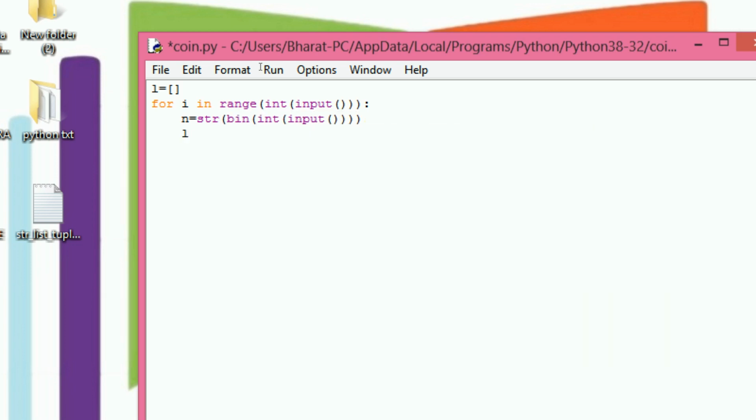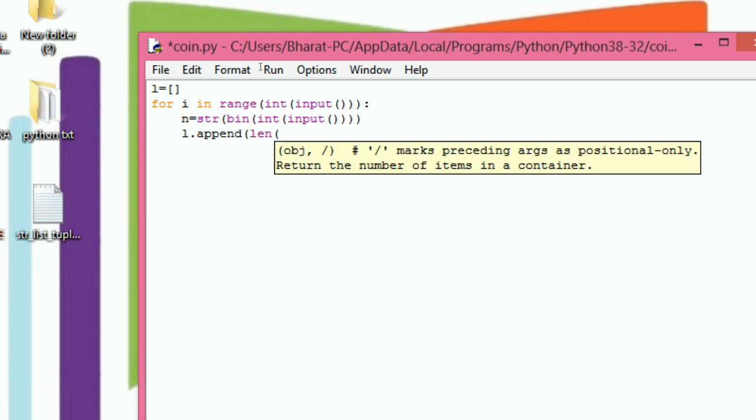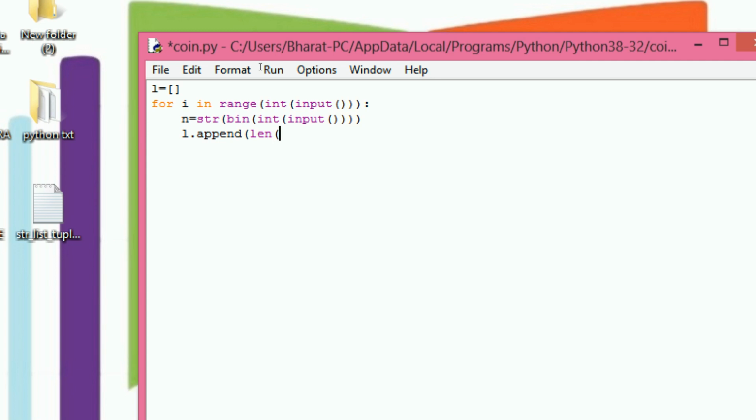Next, I append the length of the bits except the first 2 characters: L dot append length of n sliced from index 2. After that, I print all the contents of the list L.